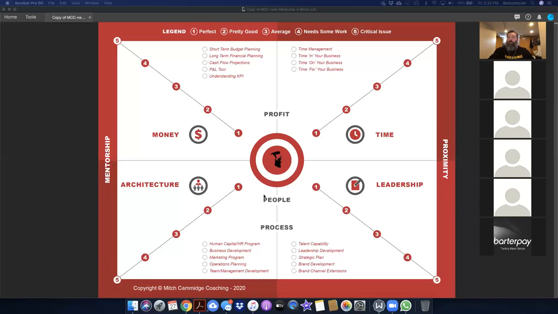The bottom half, the measurements, are people and process. In other words, do the people that we have, are they capable of doing a very good job? Can we get more out of them, or do they not fit? And ultimately, the processes, the way we do things in the business. Are they efficient enough? Are they adaptive enough? Or do we need to make changes? So these 4 components of the business, we need to be able to measure the entire business from 3 different lenses or 3 different optics: the profit, the people, and the process. And the top half, money and time, is the profit center. And the architecture and leadership, the bottom half of the page, is the people and process.